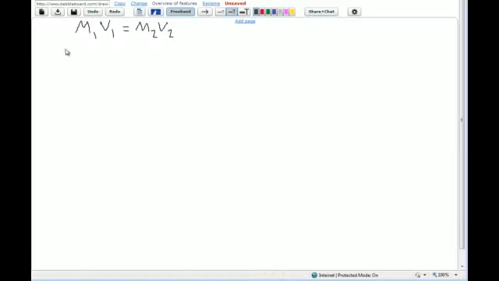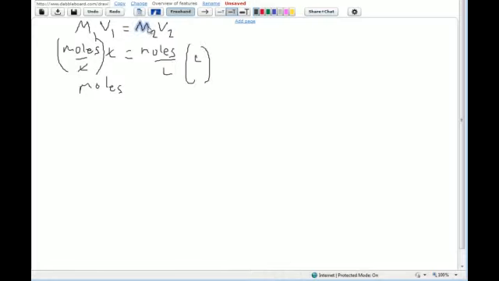Molarity is typically in moles per liter, and if you multiply that by liters, which is the units for volume, you end up with moles. If you do the same thing on the other side, multiplying the concentration in moles per liter times the volume in liters,